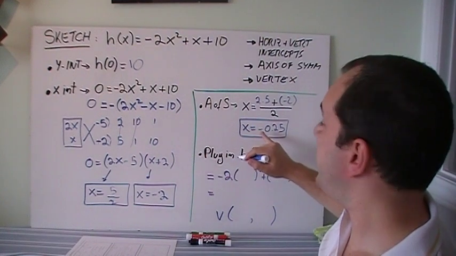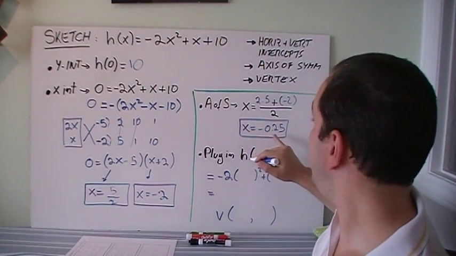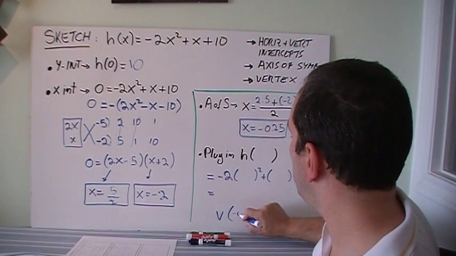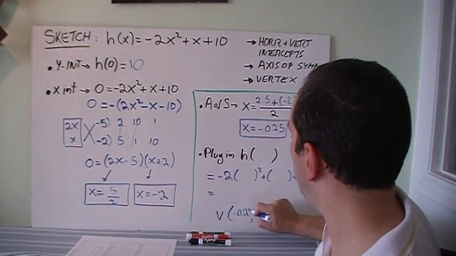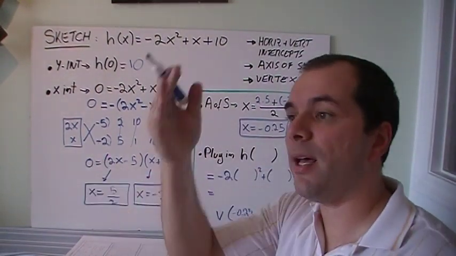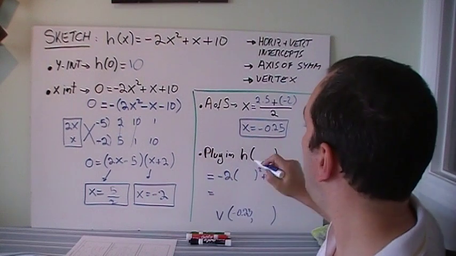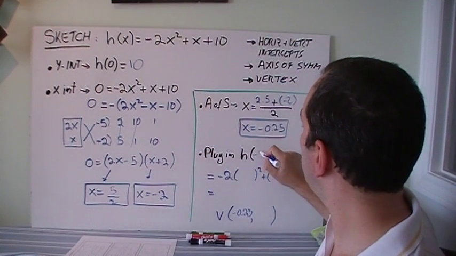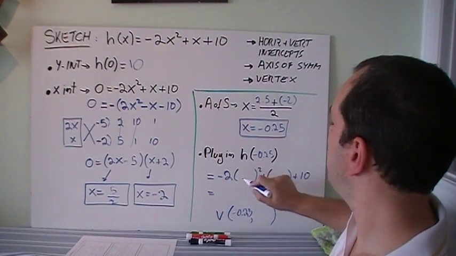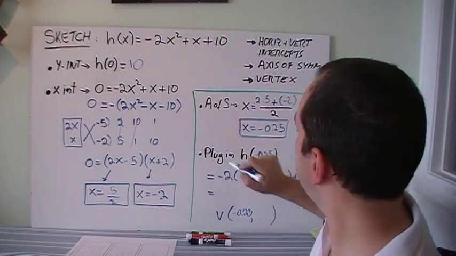I know now that the x for the vertex is negative 0.25. So I can put it here, negative 0.25. And now I just need to find the y of the vertex. So I got zeros, axis of symmetry. I'm going to plug it in, and I'm going to put the negative 0.25 inside here. So 2, my x squared,